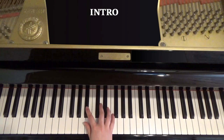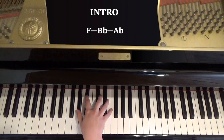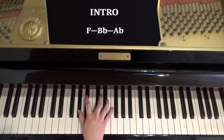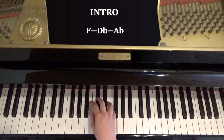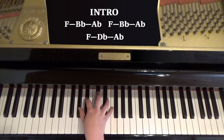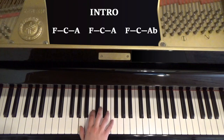And then the next bit goes F, B flat, A flat, and repeat it. And then the last one is F, D flat, A flat, and hold. So then those two bars sound like this. And once you add the pedal, it's...